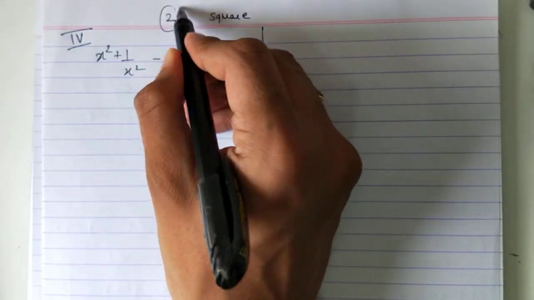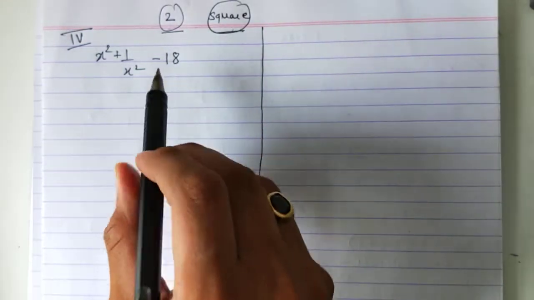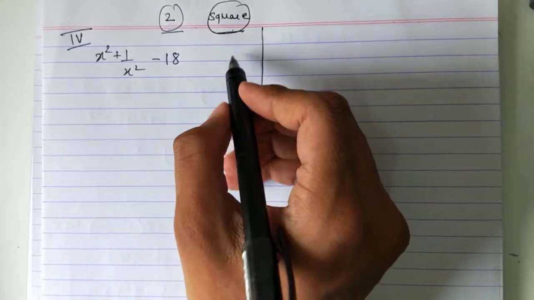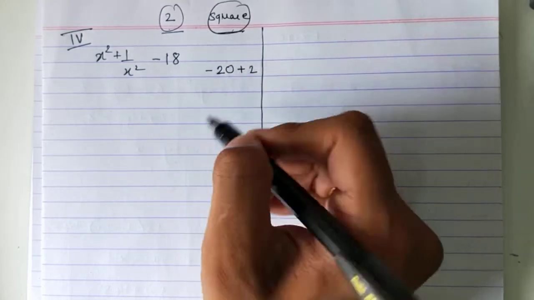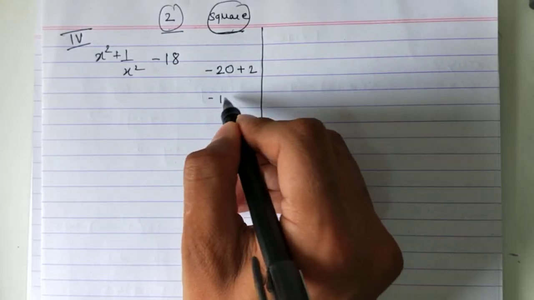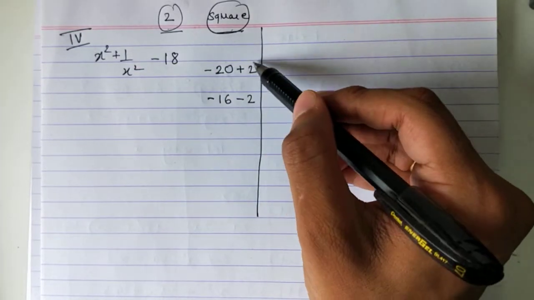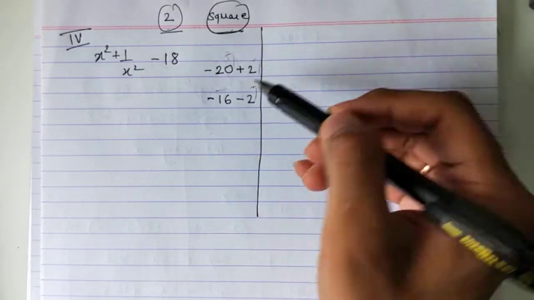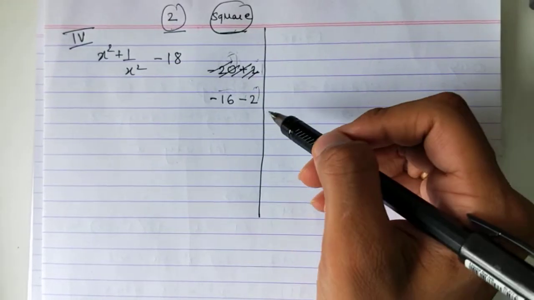This is the trick. Okay, this is not given in textbook. This is just a trick which I am giving you, that one number should be 2 and another should be a square. So see, if I want to split minus 18, there are 2 ways I can do it. I can write it as minus 20 plus 2 is minus 18, or I can write it as minus 16 minus 2 is also minus 18, because I have said that one number should be 2 and another should be a square, but 20 is not a square of any number, so I will discard this.